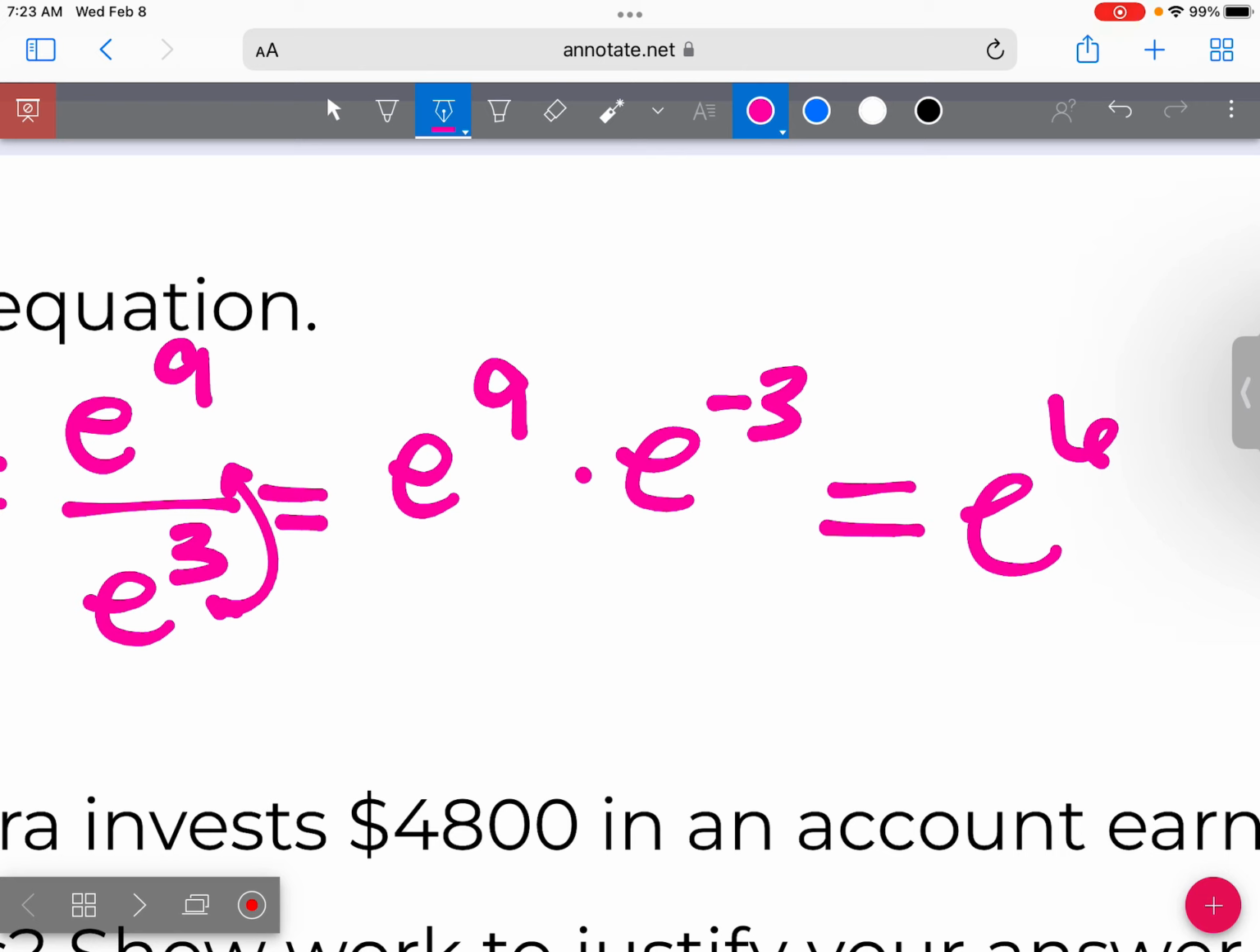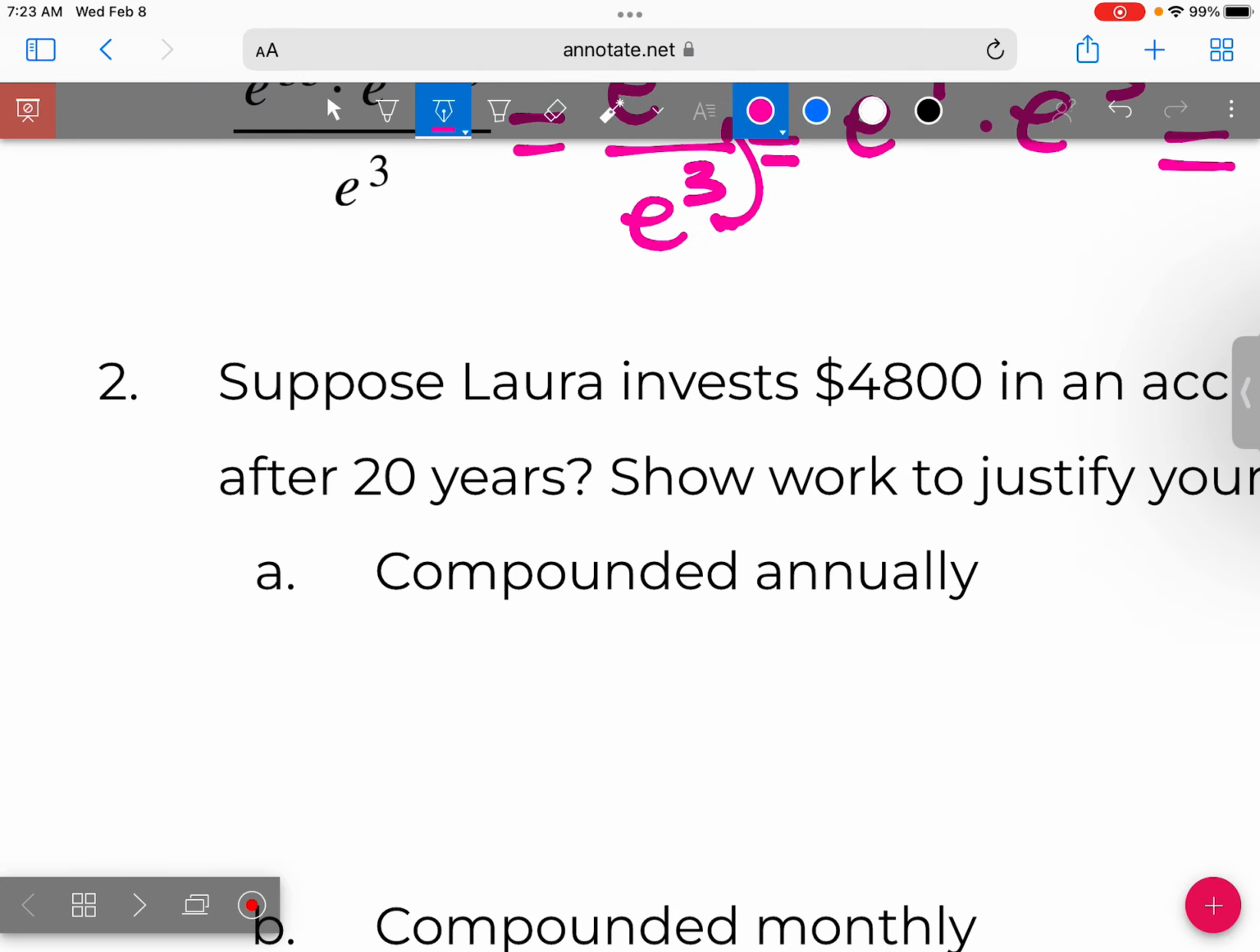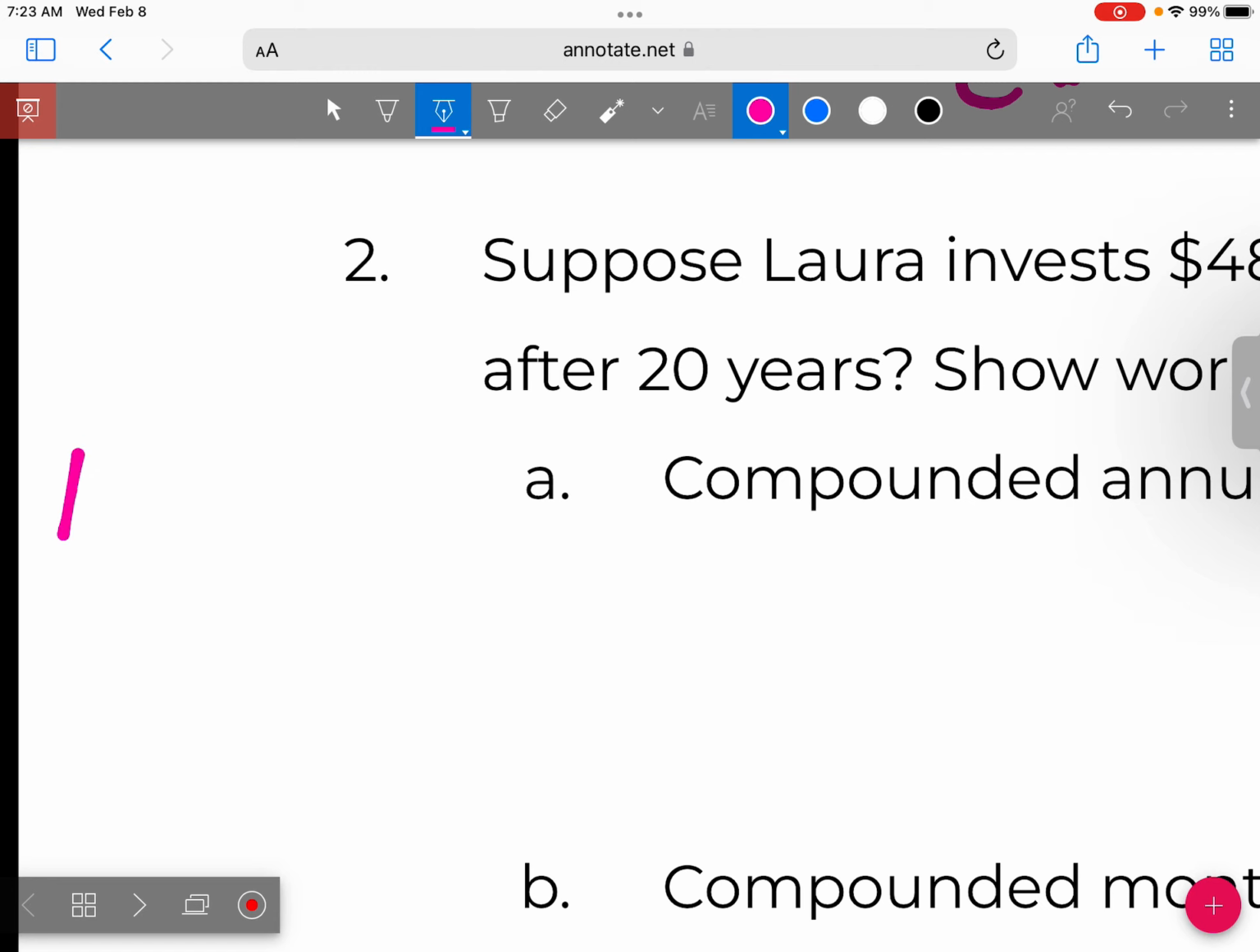Suppose Laura invests $4,800 in an account earning 4.5% interest. How much money does she have after 20 years? Show your work to justify your answer around the nearest cent. So what is our equation again? A equals